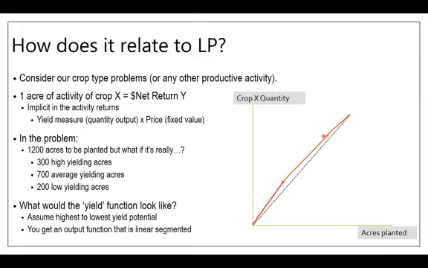Arrow 1 is the high yielding, arrow 2 is the medium, and arrow 3 is the low. And so you end up with acres planted, and the total crop that you get looks like this. The total function is nonlinear, it's linear in segments. And if you just assume the average, we plant all 1,200 acres, this is the total output, then this dashed line is the average yield line that takes you from there to there. And so if you assume that same yield for all 1,200 acres, we have an issue,